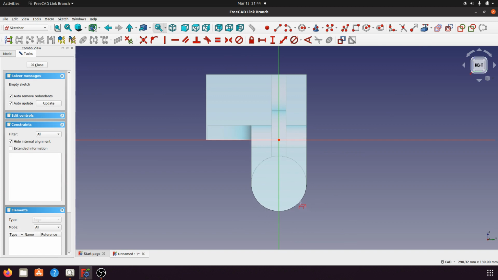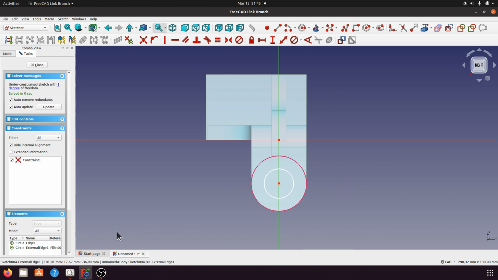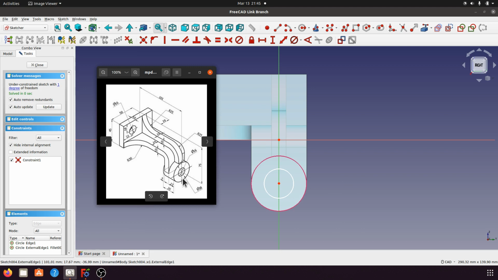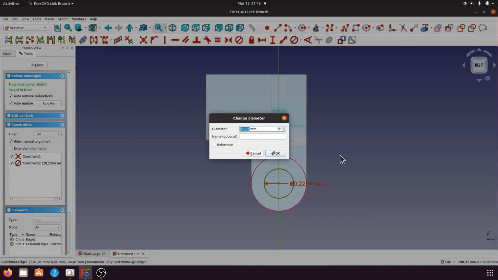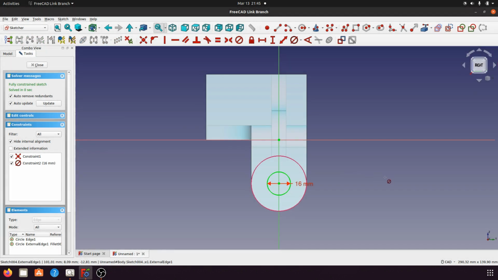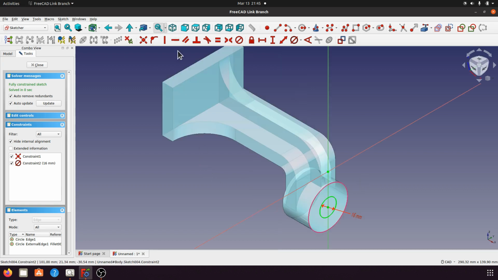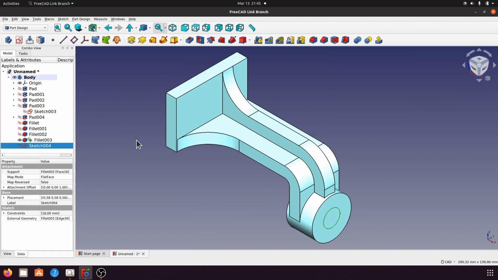Click for external geometry for the circle center point, and then create a circle with the diameter 16. Okay, now go to the constraint, value 60 millimeter. Okay, now sketch is green. Close the sketch and then